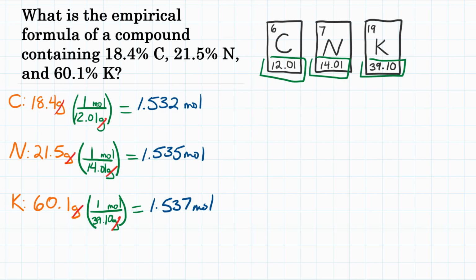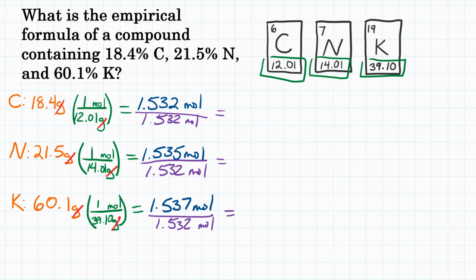In the next step, we divide by the smallest of these numbers. 1.532 is the smallest, so we're going to divide by 1.532. Technically that would be moles. 1.532 divided by 1.532 is 1. 1.535 divided by 1.532 is 1.002. 1.537 divided by 1.532 is